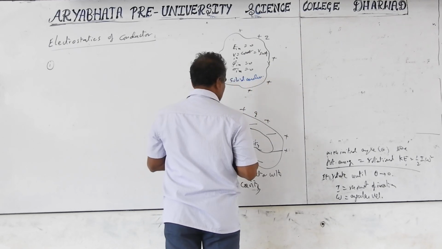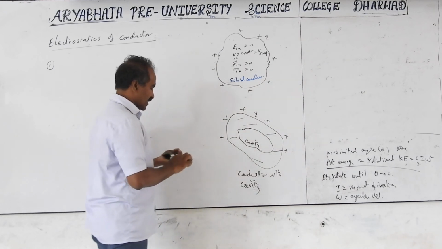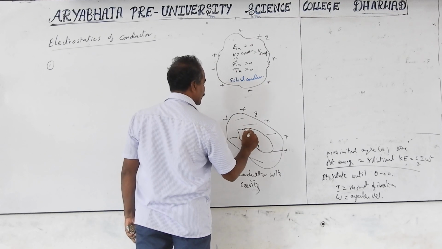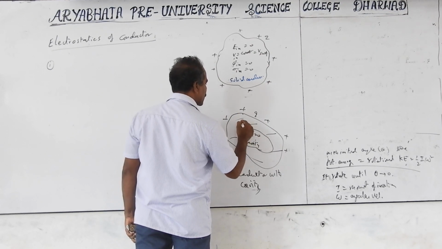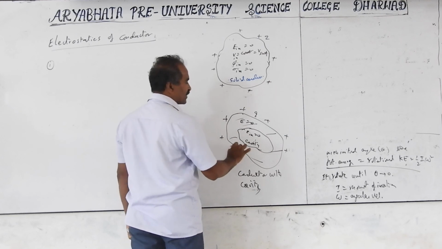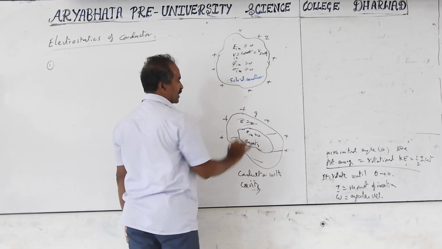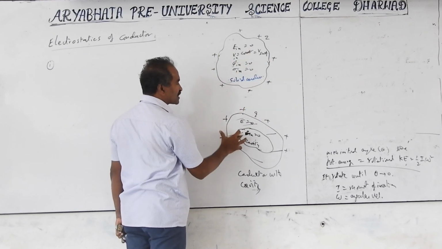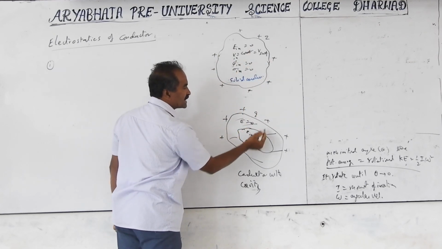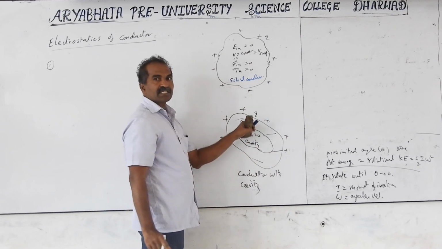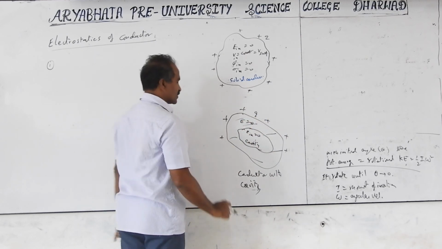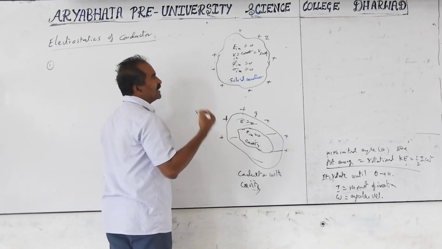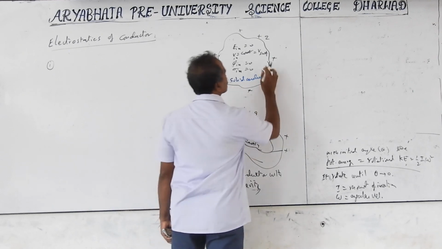What about the hollow conductor? The same conditions are applicable inside the hollow conductor. Inside the cavity and inside the conductor, the electric field is 0. When the electric field is 0, flux is also 0 and sigma is 0; all conditions are applicable. Here the charge is on the outer surface, because hollow means there is an inner surface and an outer surface. The charge is only on the outer surface, so for a cavity, the charges are on the outer surface.